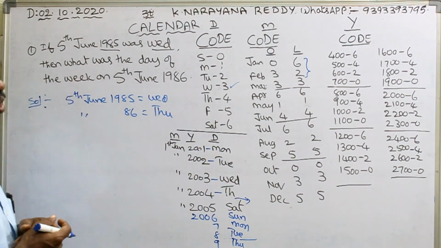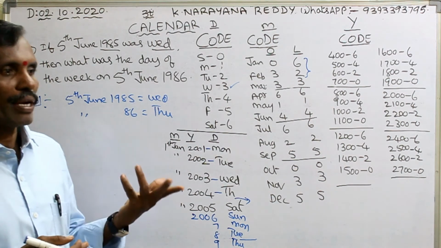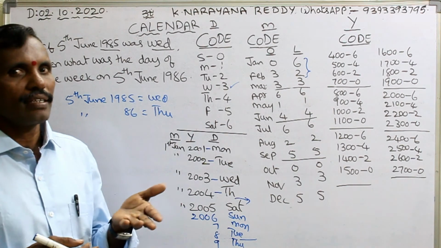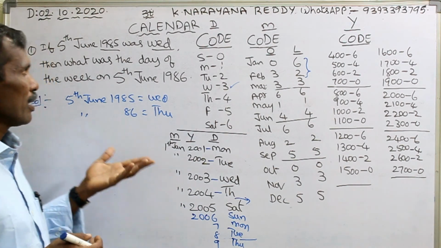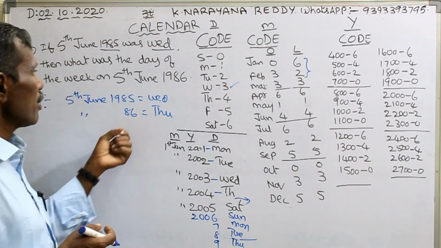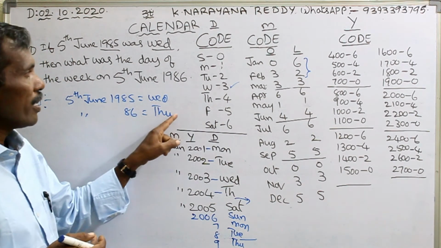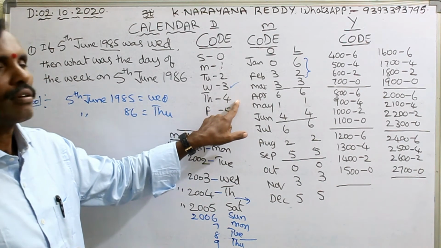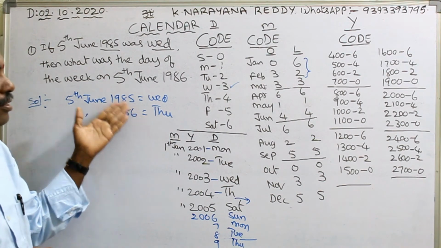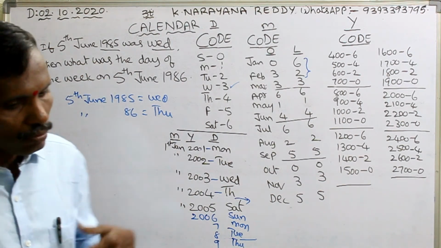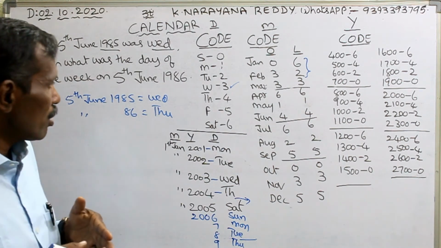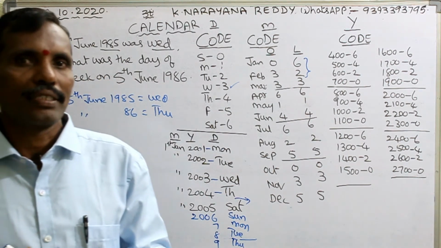Next, March 3 odd days, April 2 odd days. Why 2 odd days? 30 by 7, 28 and remainder 2. That's all. You can add all these and divide by 7 to get the same answer. What is Thursday? Here 4. You can get 4 as a remainder, that is 4 odd days. That is the answer. This is the shortcut. That is the normal method. If you have any doubt, please practice the other method. If you have any doubt about this problem, please drop a message for me. Okay?